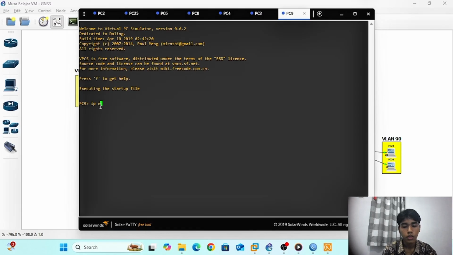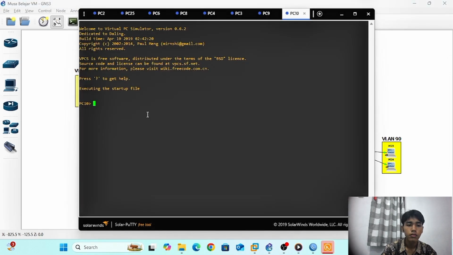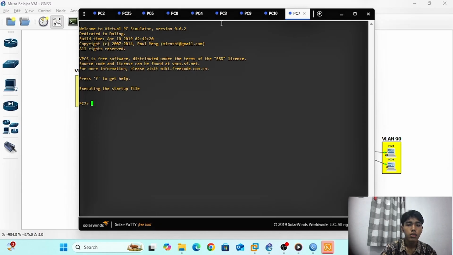Check connect, IP DHCP. Okay, DORA. Then connect to VLAN 20, connect to switch 2, check IP DHCP.